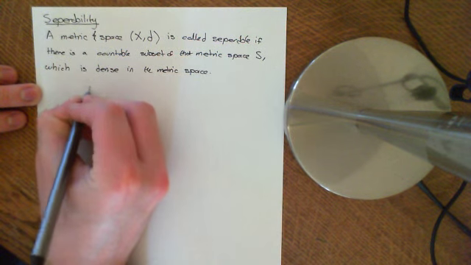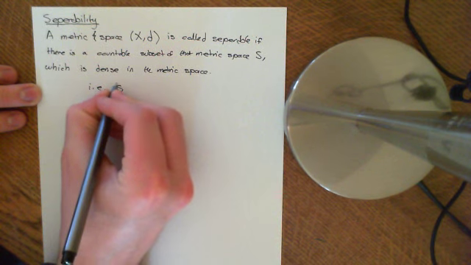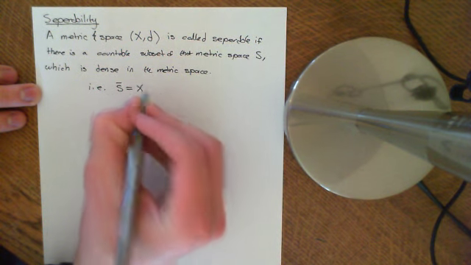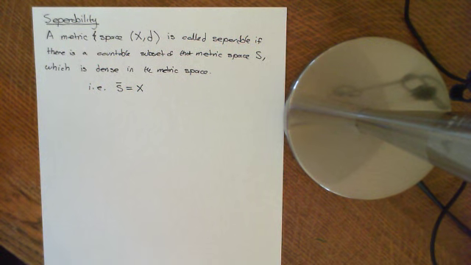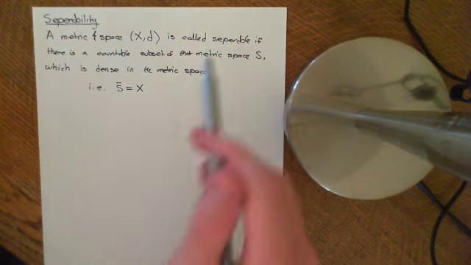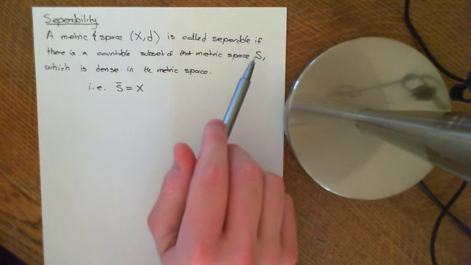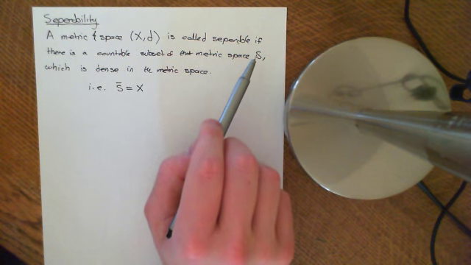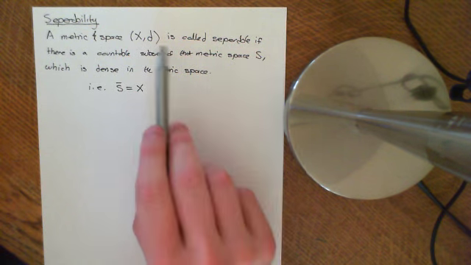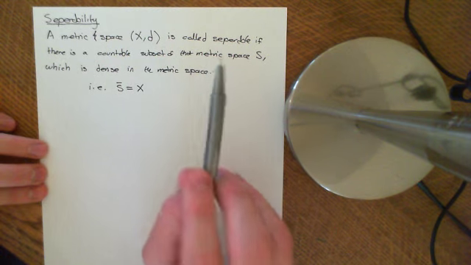i.e. S closure is equal to the entire metric space. So that's the meaning of dense. Dense means that every point of the metric space is a limit point for the set S. That's the meaning of dense. So basically, the definition of separable says that there is a countable subset of your metric space which is dense